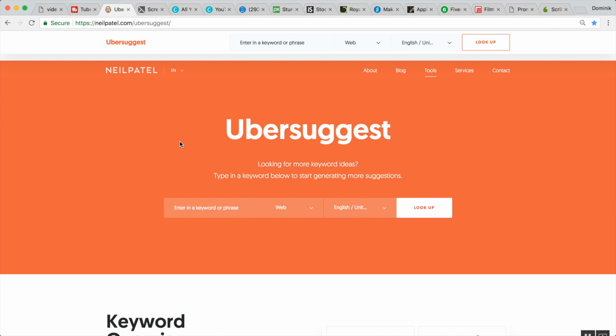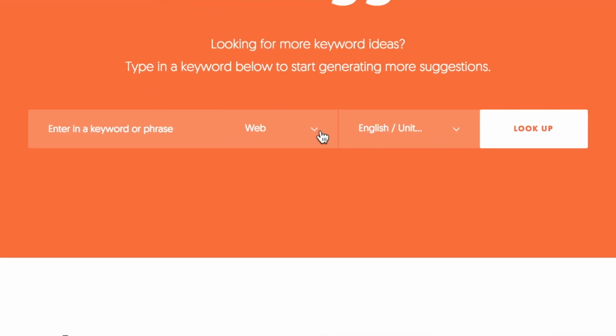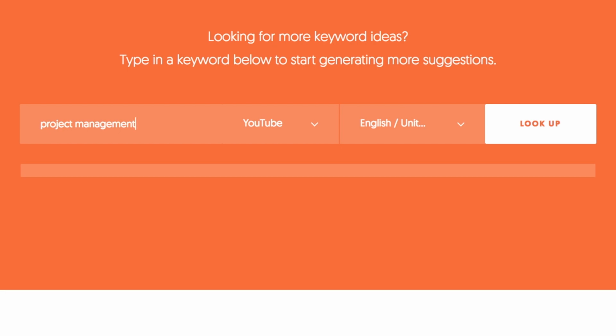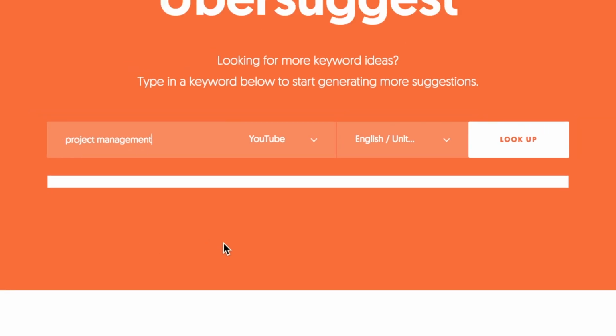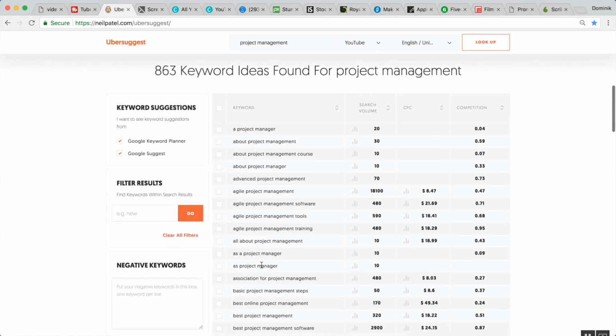Next up is Ubersuggest. That's a completely free SEO tool from my favorite online marketing guru, Neil Patel. So here, neilpatel.com/Ubersuggest, that's where you can find it. And the only thing you do is you change that for YouTube and say, well, your thing is about, I don't know, project management. Let's see what comes up. So you just plug your main keyword in, and then Ubersuggest will give you great additional keywords and inspirations